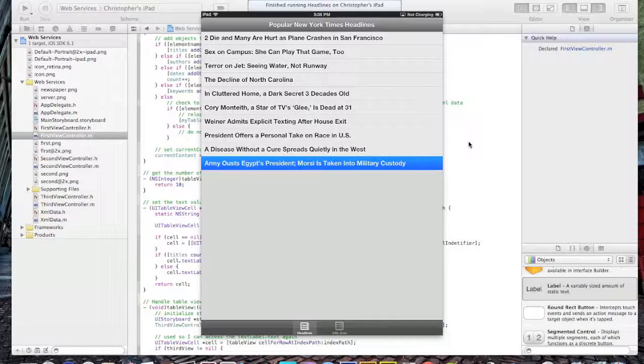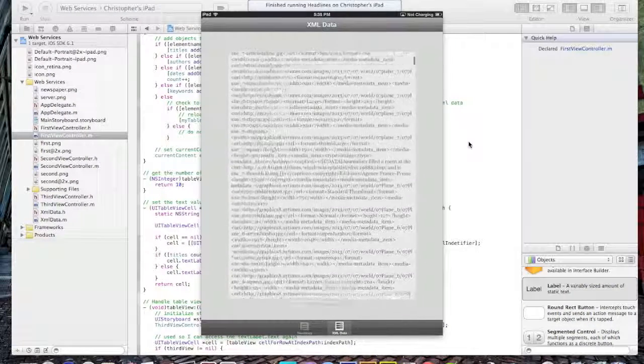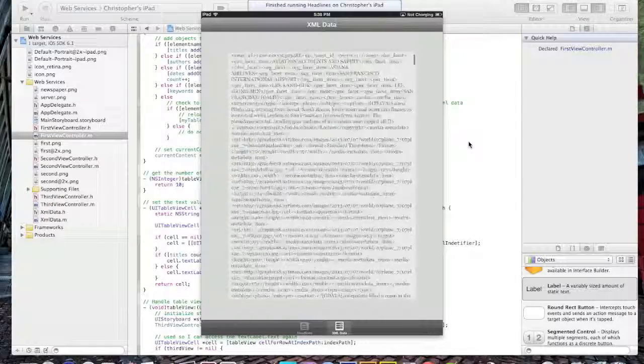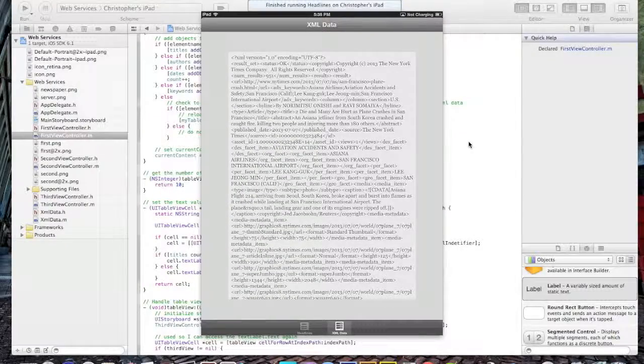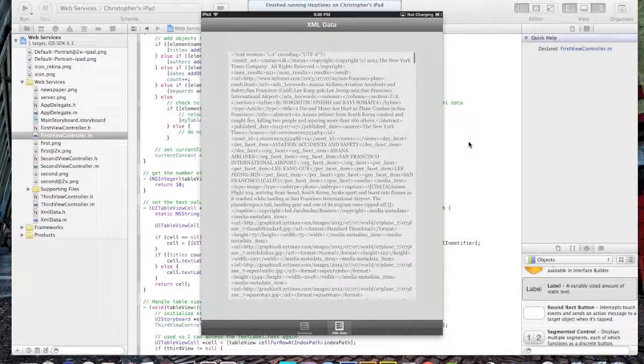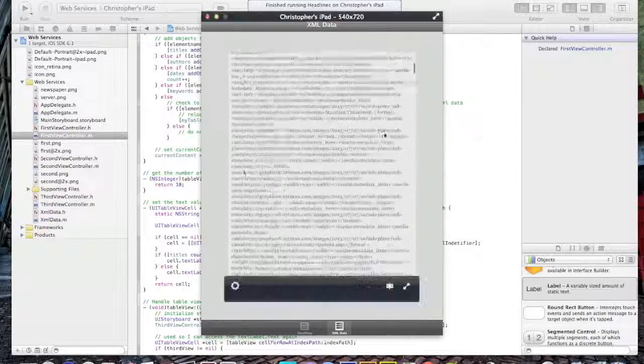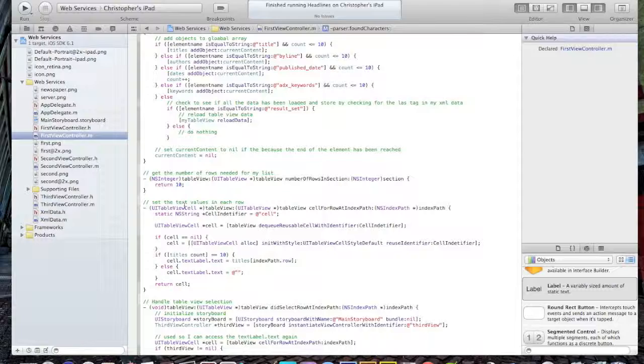I thought that was a way to always keep things from being static and remotely load everything. And then I go to my XML data. And right here is just the whole raw XML file. As you can see up here at the top, result set, that's the parent of all. That's why over here in my code, when I reach,